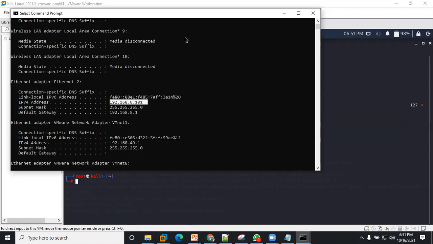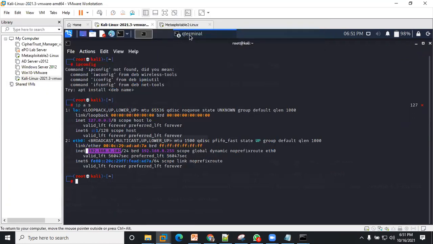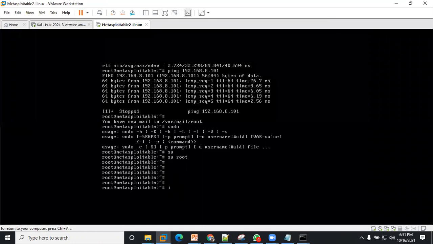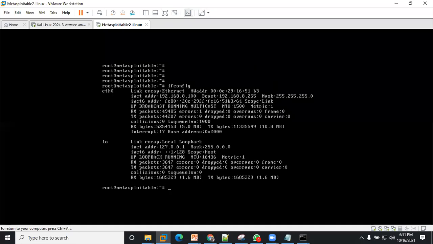Then if I spin up my Metasploitable, it should be using I think .3 or so, but I need to find out. If I do ifconfig, you can see my Metasploitable is using .8.100. Do you understand my point? Yes.